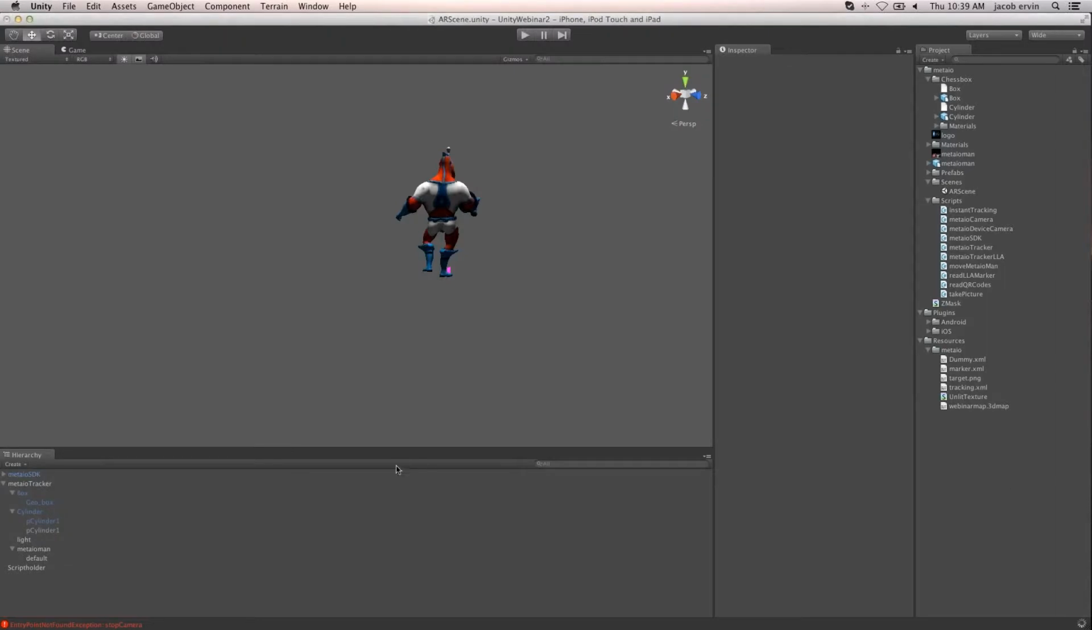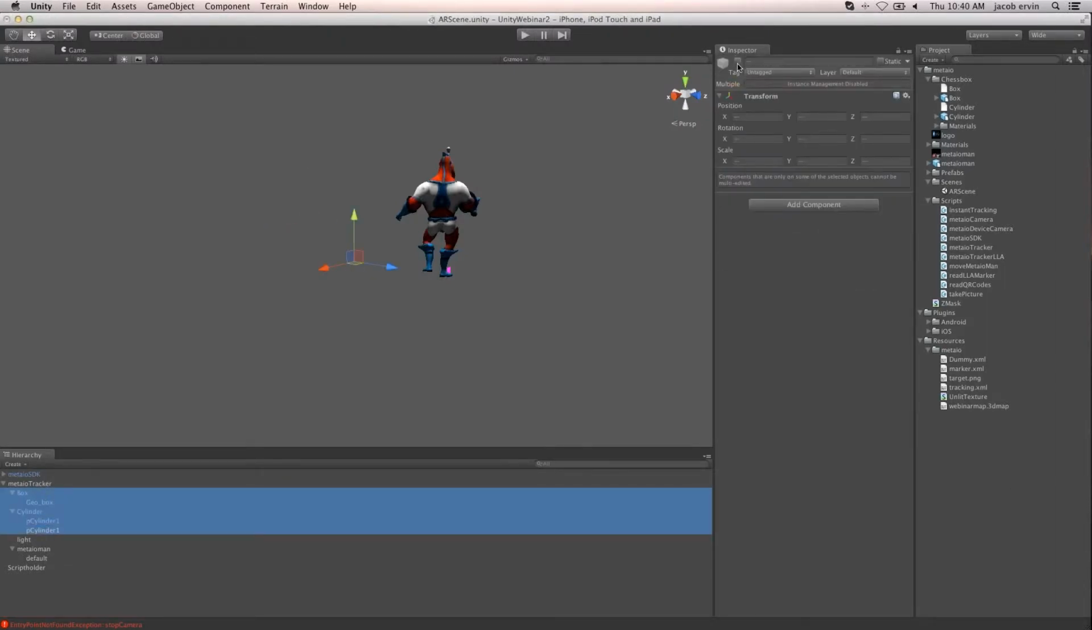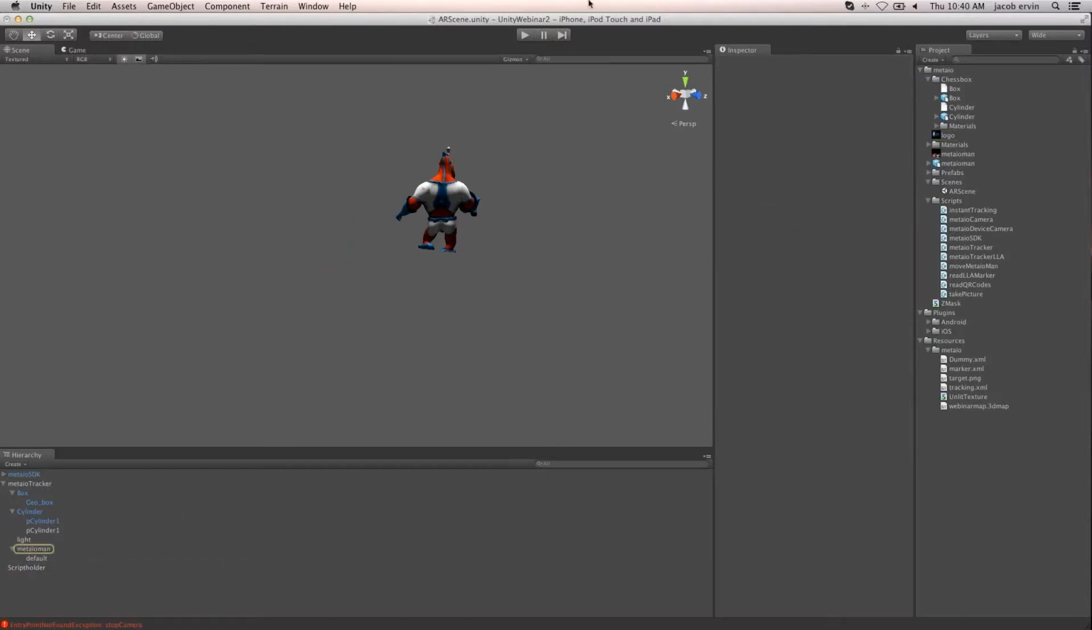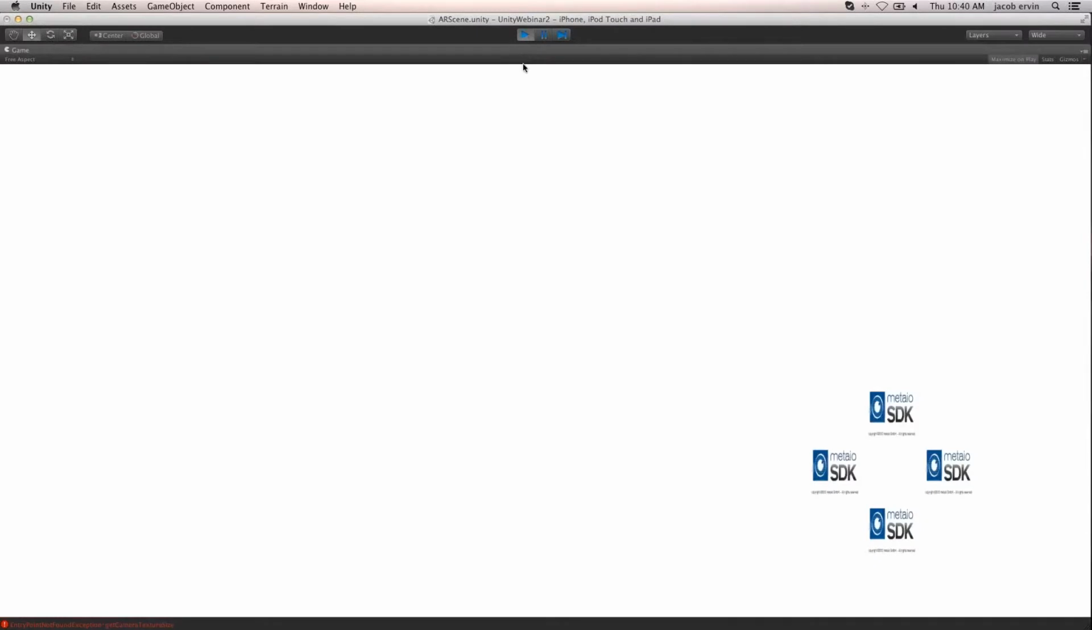We're going to come back here. We're going to just reactivate these invisible elements, like so, or the occlusion elements. And we're going to go down to our script holder and make sure that everything has been assigned. We've got the logo assigned here. We have our Metaio man assigned there. And so if we build it, you'll notice that we have a couple of errors down here in the lower